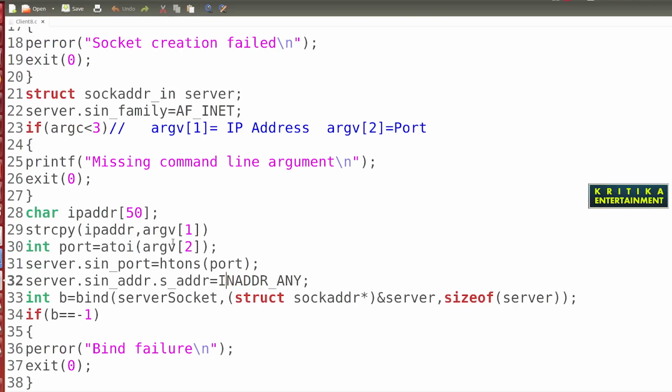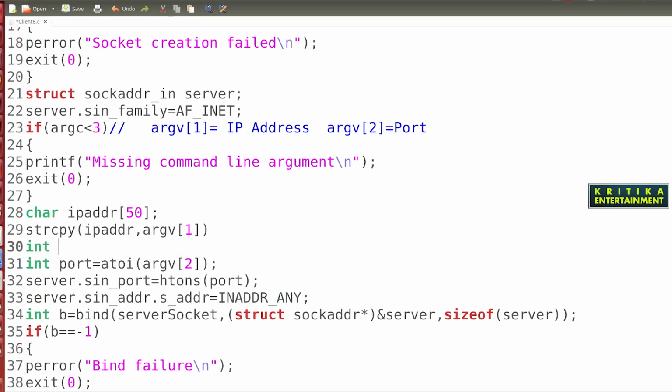I'll tell you. Before that, I want to store the int port. Port is equal to what to write? You will write atoi, ASCII to integer, of argv[2].